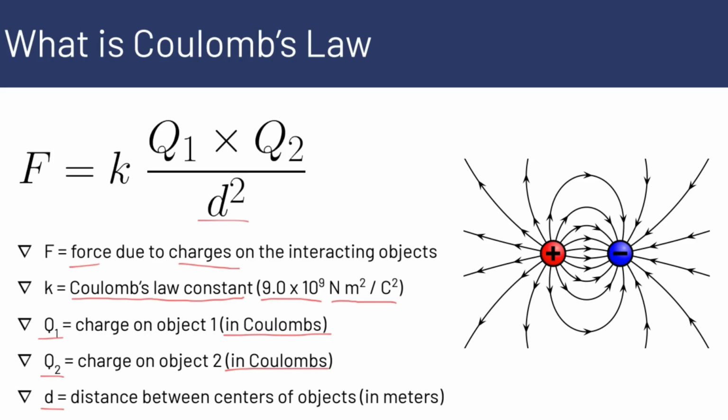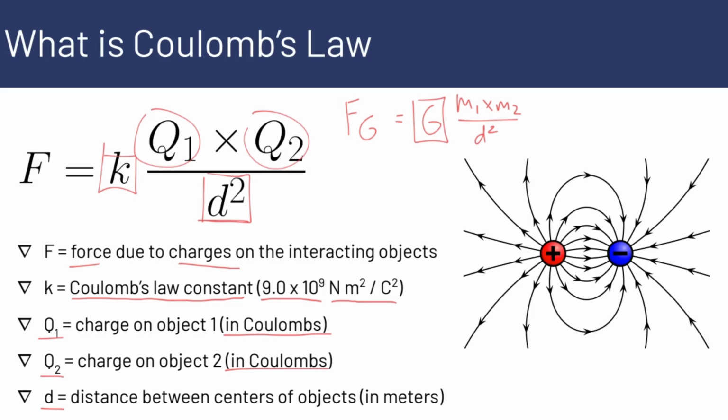Okay, so if you notice, this equation looks very similar to the equation for the gravitational force, which is F sub G is equal to G times mass 1 times mass 2 divided by the distance squared. So here, instead of masses, we have our charges times each other divided by distance squared, and then we have this force constant. So for gravity, we have G, which is the force constant, times masses times each other divided by distance squared. So Coulomb's law is very similar to that.